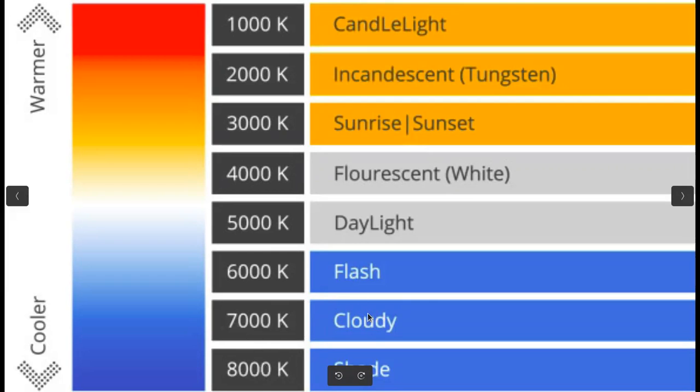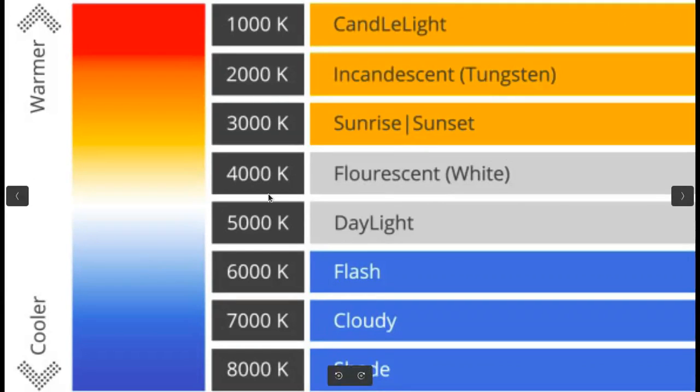Just understand this: with the increase of color temperature, we get a light source which tends to be cyan or blue.